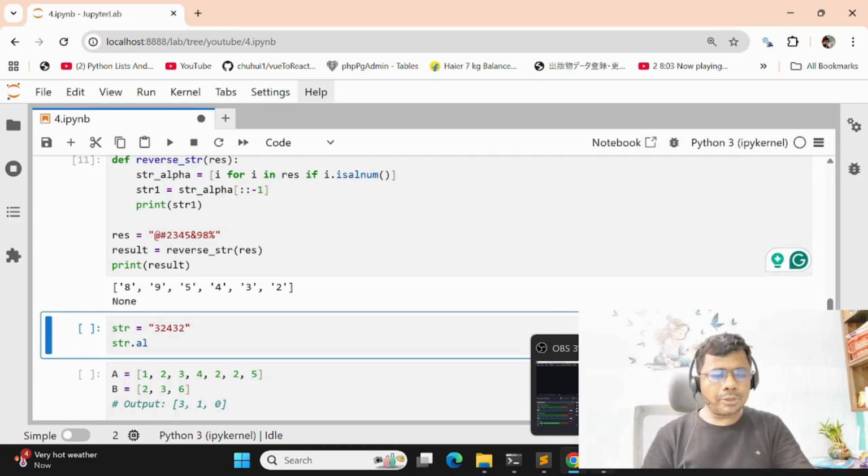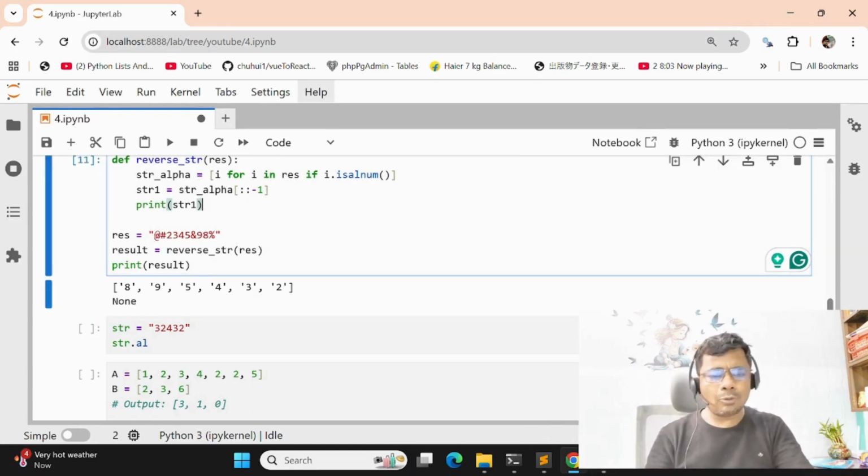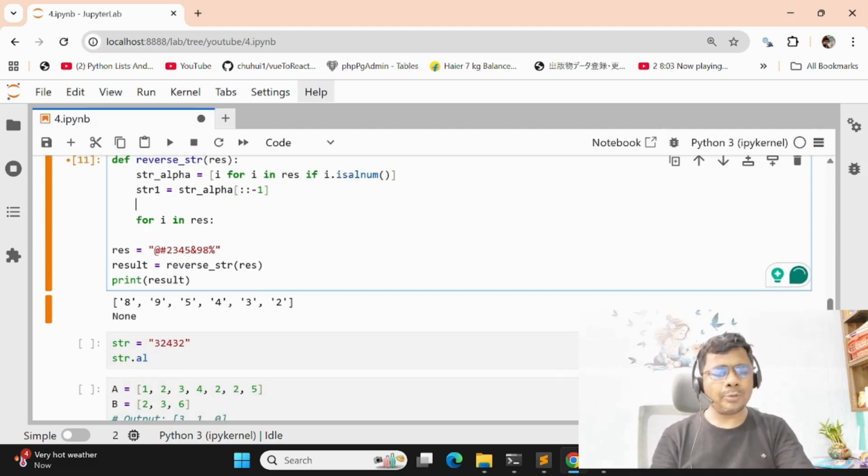Then we'll try to solve this program. Define one loop here, for i in res. Then define one variable, output, as a blank string.